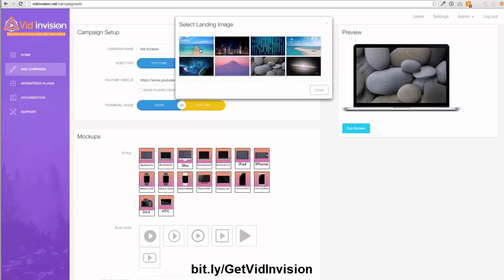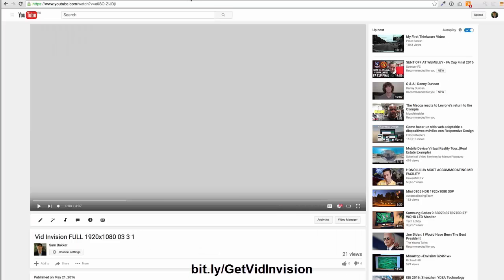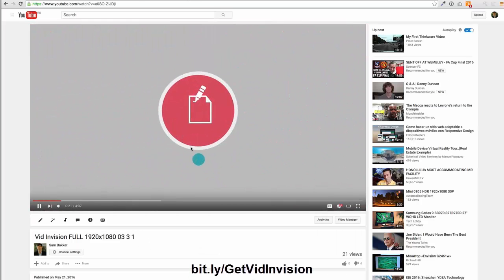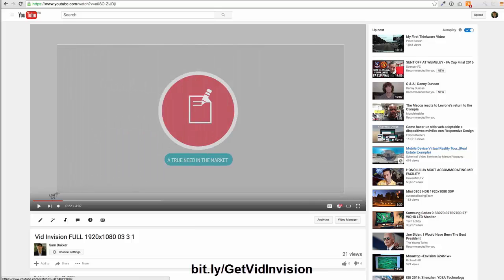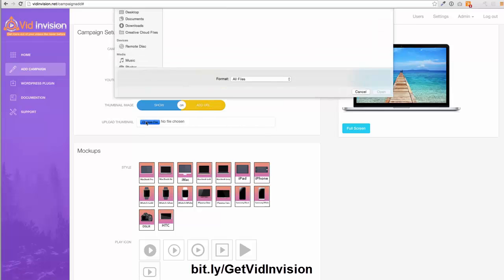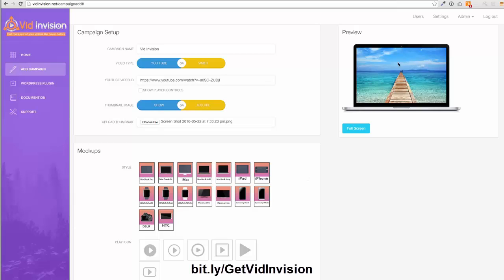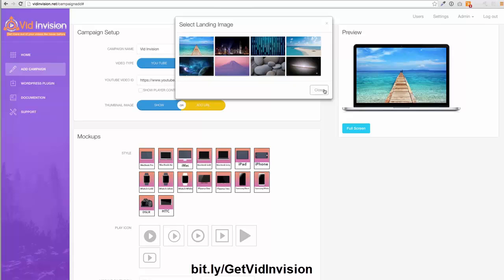Now we can choose a thumbnail image. Now our thumbnail image can either be one that's already added here, or we can actually add our own thumbnail. So if I wanted to go ahead and create my own thumbnail, I might just freeze that. I might take a screenshot of this. I'll adjust this, I'll save it, and what I could actually do is upload this thumbnail that I've just taken a screenshot of into this software and use the URL as my chosen template here. In this case, I'm going to stick with my current one that we have, and I'll show